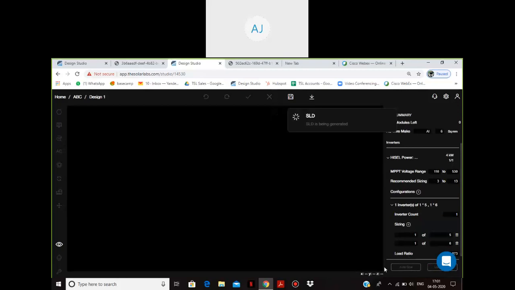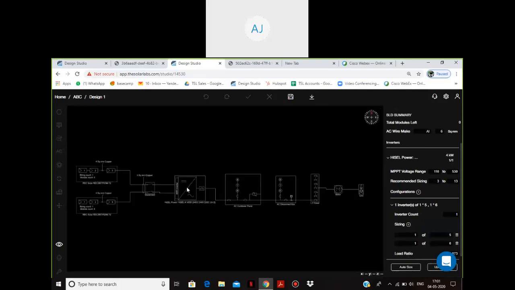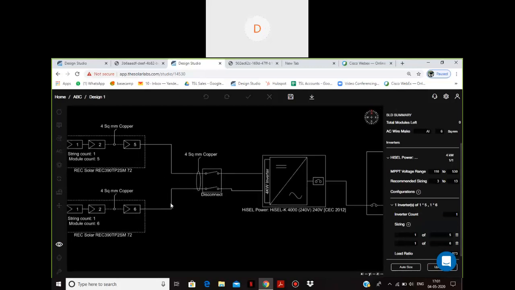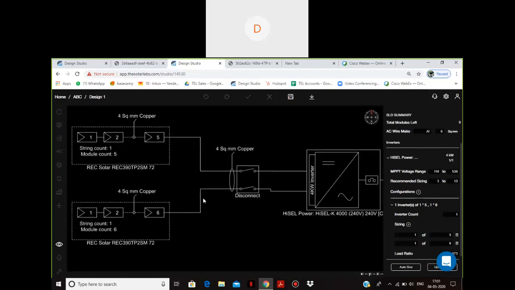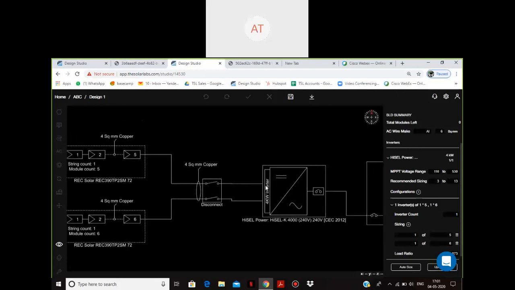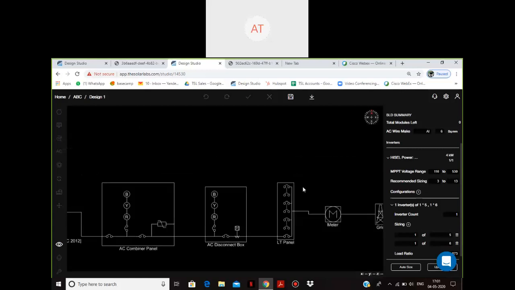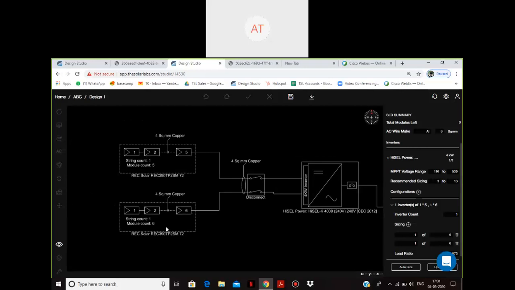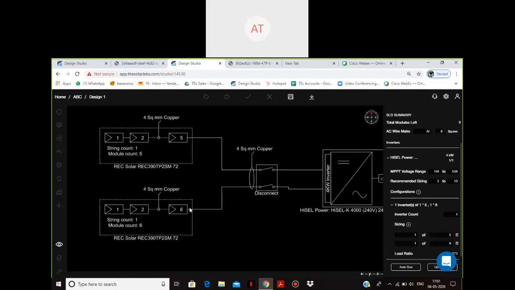अपडेट कर दो आप। यू कैन शो दैट। तो here you have two strings, आपके दो strings बन गए अब अलग अलग, जो आप देख सकते हैं। एक में 5 मॉड्यूल हैं, एक में 6 मॉड्यूल हैं। तो उसके हिसाब से आपका ये SLD तैयार हो गया। आपके पास इसी तरह अगर मल्टीपल इन्वर्टर्स हो, मल्टीपल स्ट्रिंग